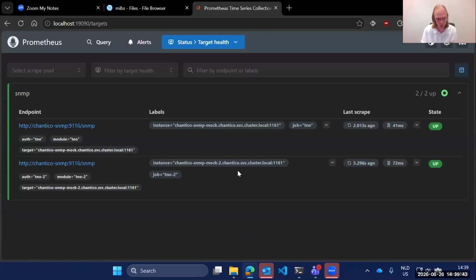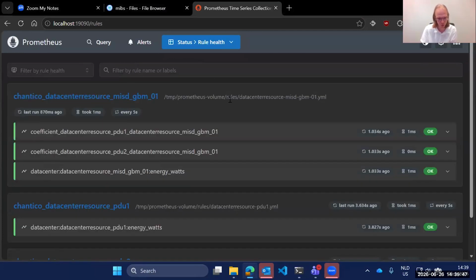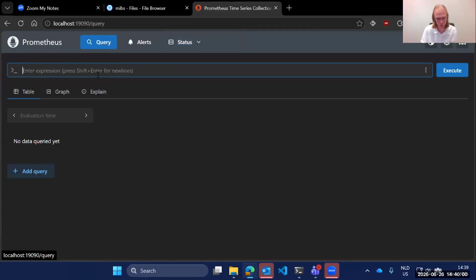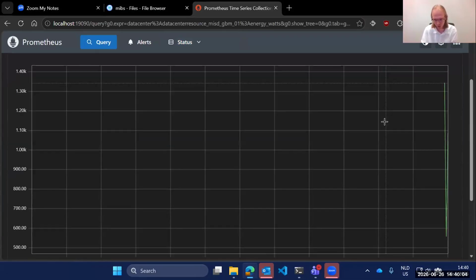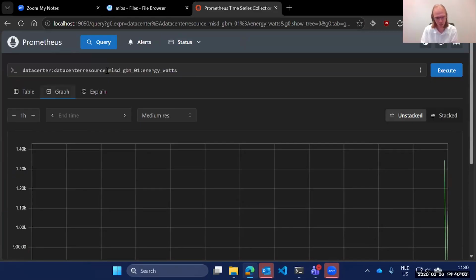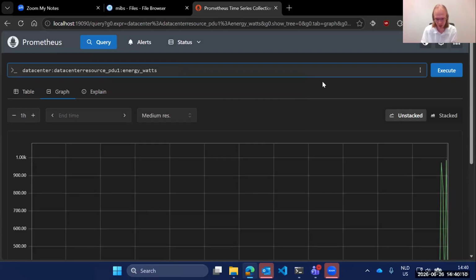When we go to Prometheus, we still have these targets, but now we also have a few rules that indicate that these have to be aggregated together into a bare metal machine that we can then also collect data from. Then we get this metric, which will start aggregating both of the other two that we had.